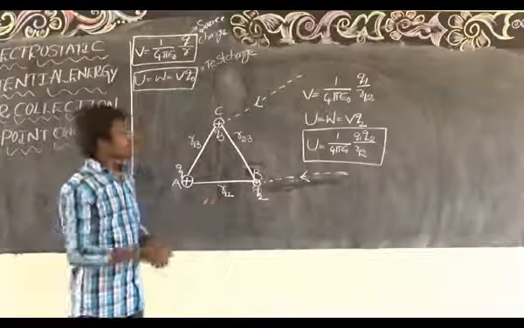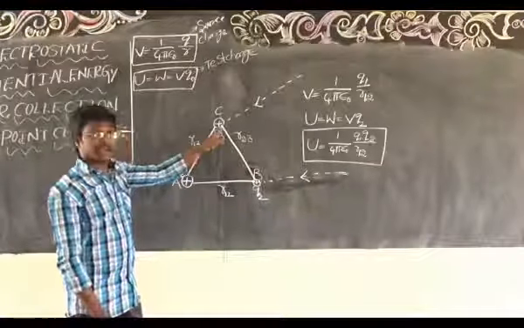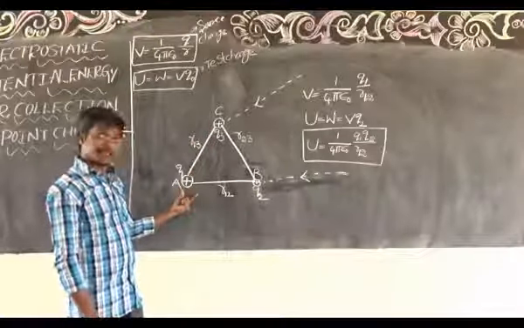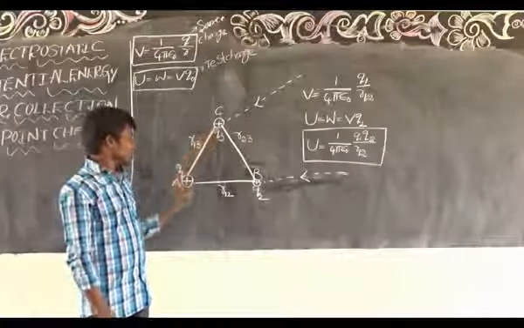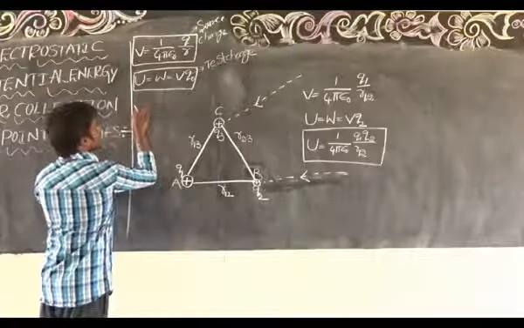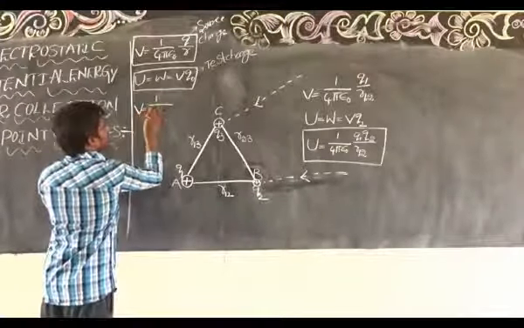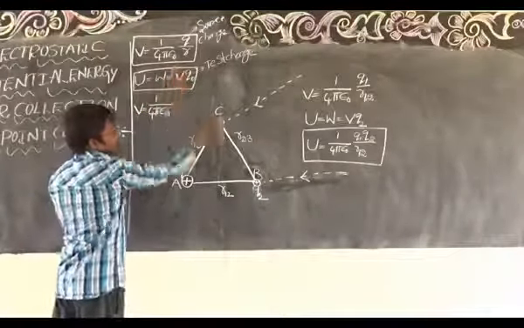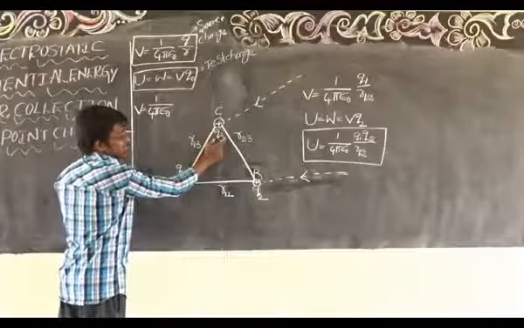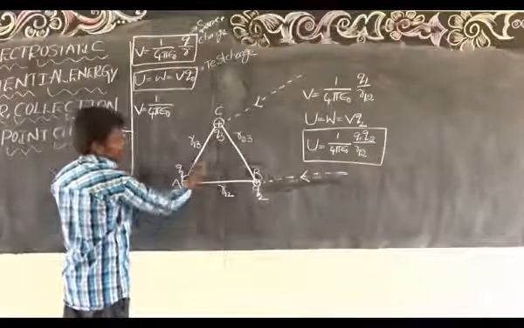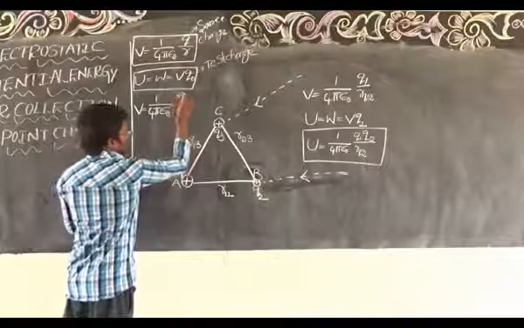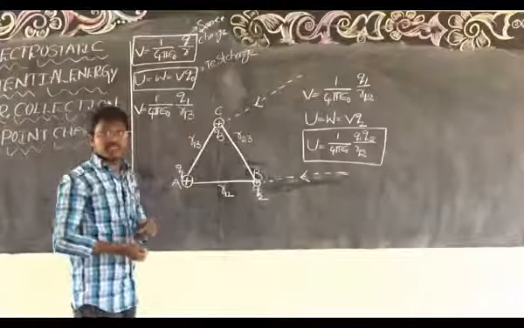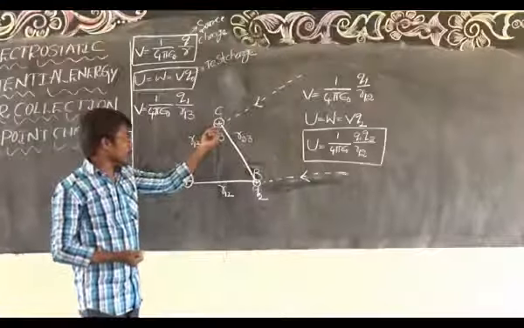Now the electrostatic potential at the point C due to Q1 is, what is electrostatic potential? V is equal to 1 by 4 pi epsilon naught into source charge by distance. What is the source charge here? This is the test charge. We are doing with respect to source charge Q1. So source charge is Q1 by, what is the distance? R13. Finished. Electrostatic potential at the point C due to Q1.